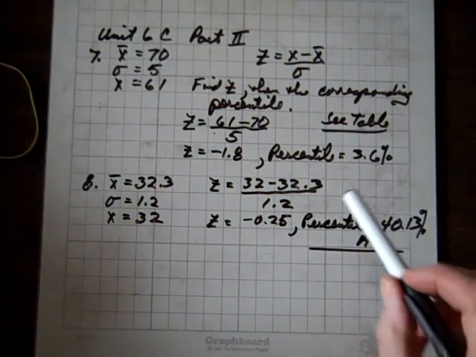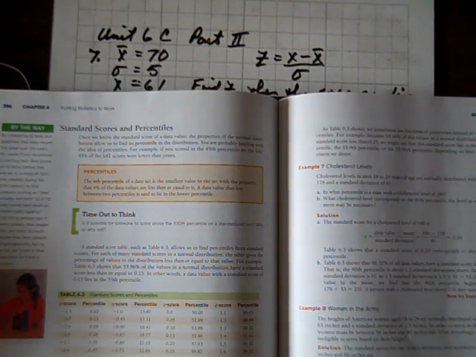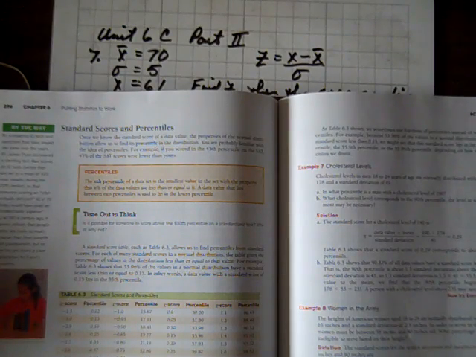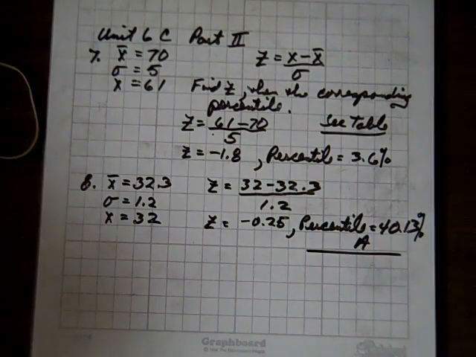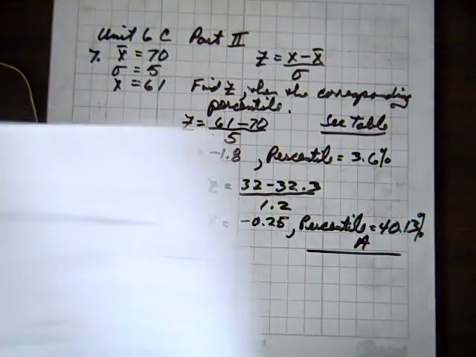And so going to the table, the corresponding percentile for that will be 3.6%. Let's see, negative 1.8, and when we round that percentile to the nearest tenth, we get 3.6%. So for number 8,